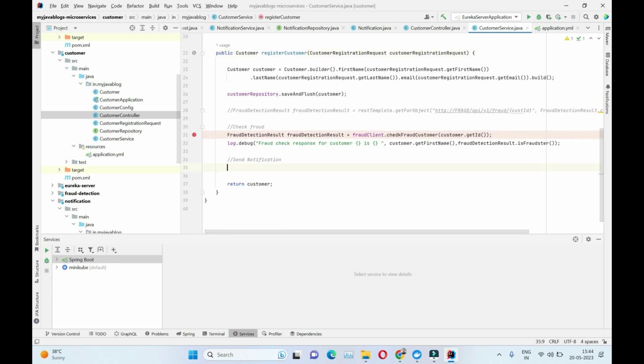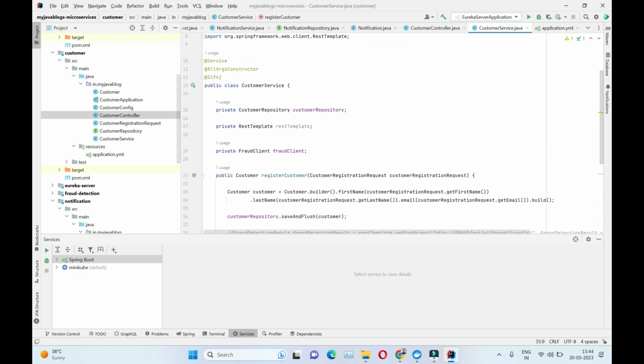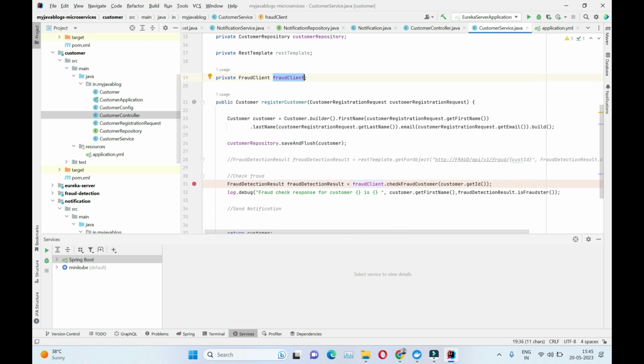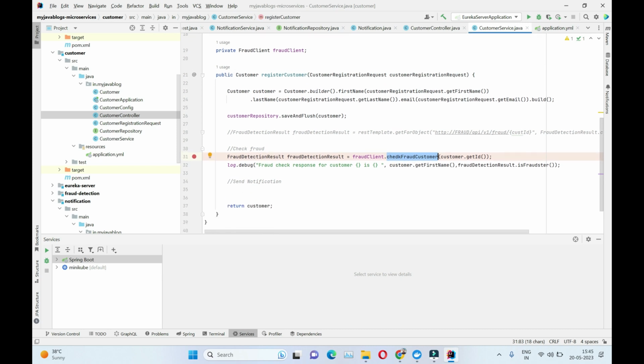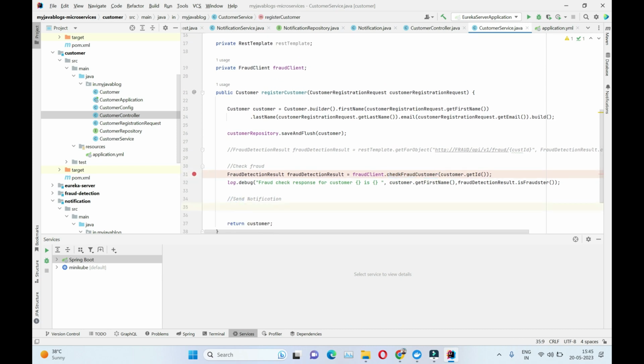In order to call this, we would need to create a feign client, as we have created a feign client for fraud client in order to make fraud detection for our customer to be registered. Same way we need to create a notification client as well, which will be an interface for sending out all the notifications. So whichever service wants to send a notification basically will make use of this particular interface, because